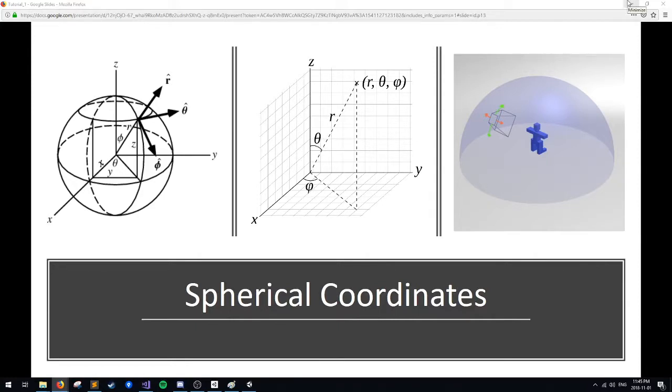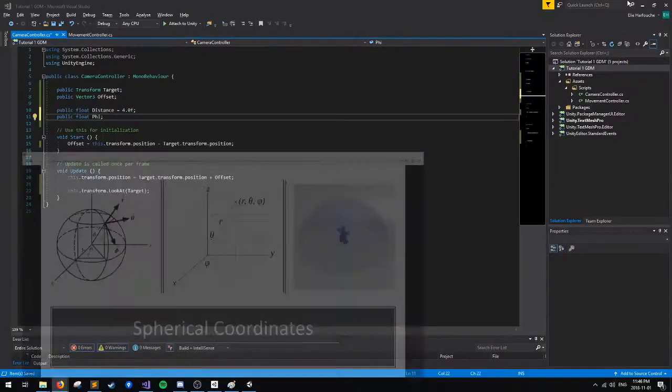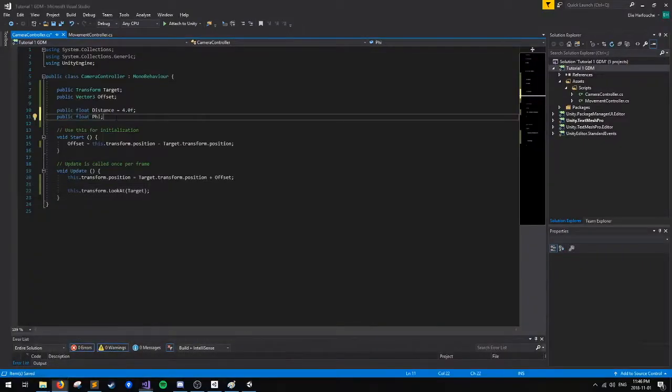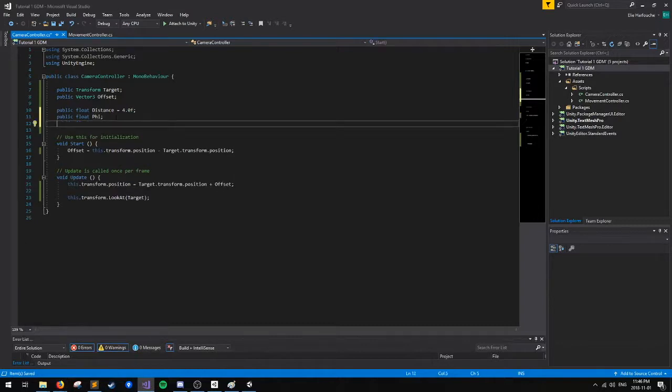You can also call it longitude, latitude, or elevation, azimuth, whichever you prefer. I'm using this so as not to confuse you with regards to the formula. And so now that we have our three descriptions, our distance, which is our radius, our phi, and our